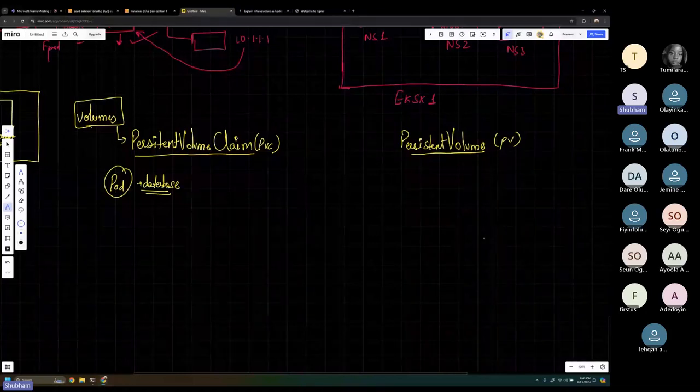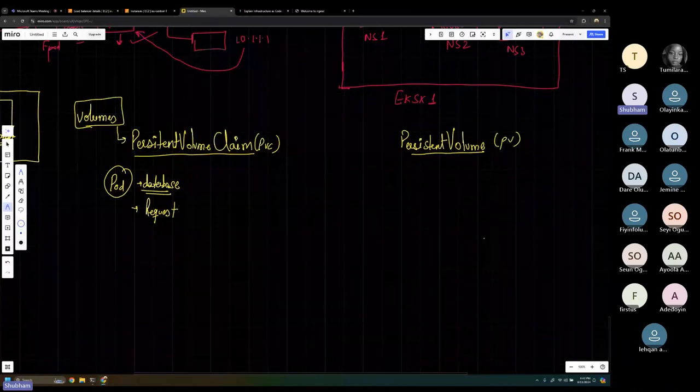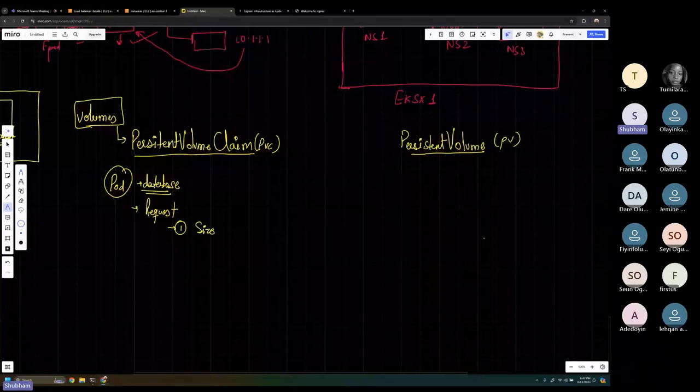If you need some storage, you can request that storage, and you have to give a couple of options. First, you give the size of the storage that you want. Maybe my application requires 50 gigabytes of storage. You would get that. Second thing, you can say in what access mode